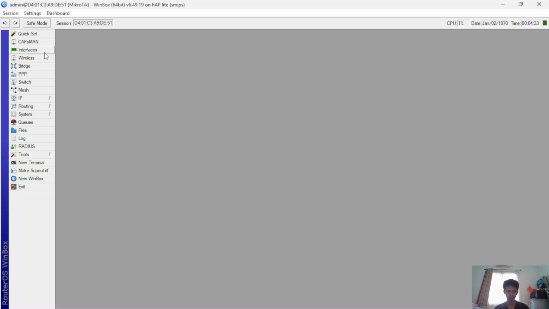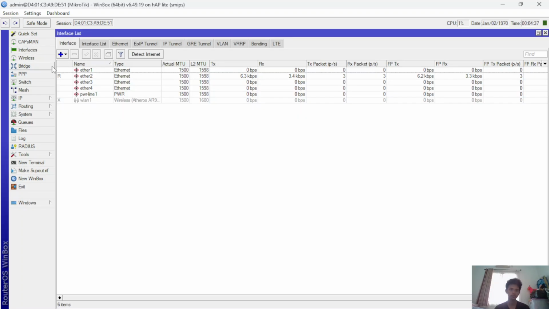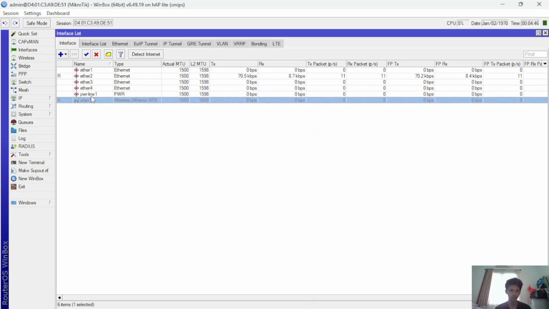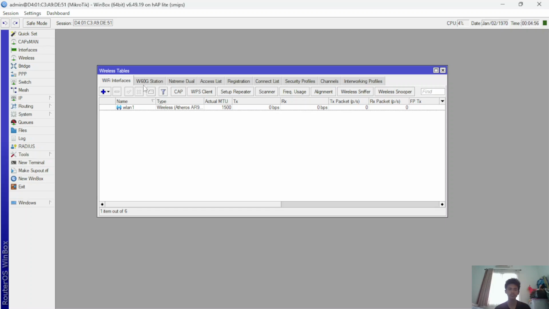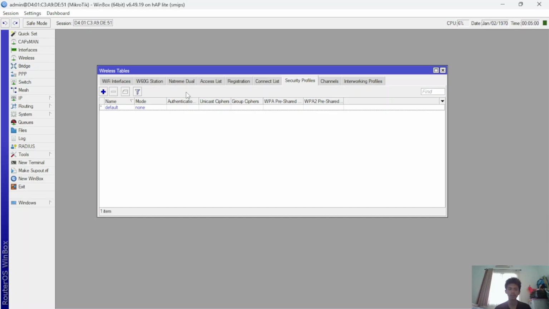Okay, step 1, you click interface, click VLAN 1, checklist to enable. Then you go to the wireless page. In wireless, you click the security profile.